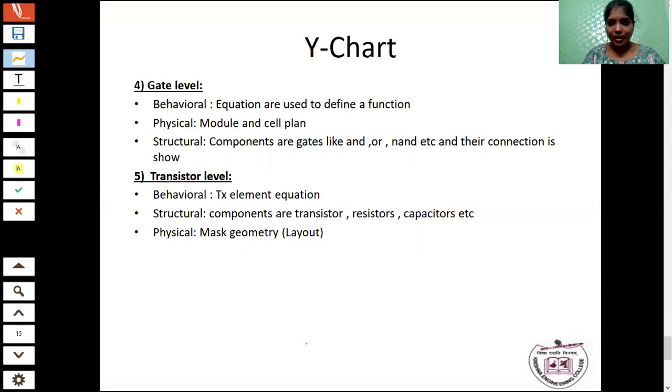Layout means we mention the dimensions, everything. Based upon the layout, the fabrication engineer is going to fabricate the IC. So the main thing is, if you want to design any system, we have to follow certain steps to achieve a good design flow. For that only we follow the VLSI design flow, as well as the Y chart, following certain steps to implement the fabrication, that is, to implement the physical layout. Okay, so thank you.